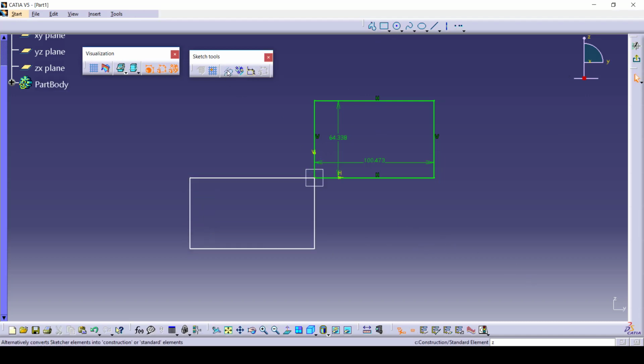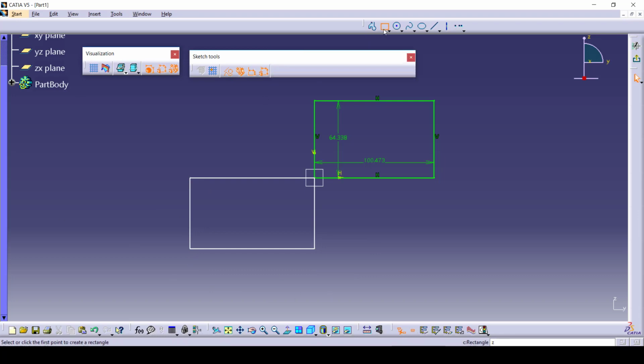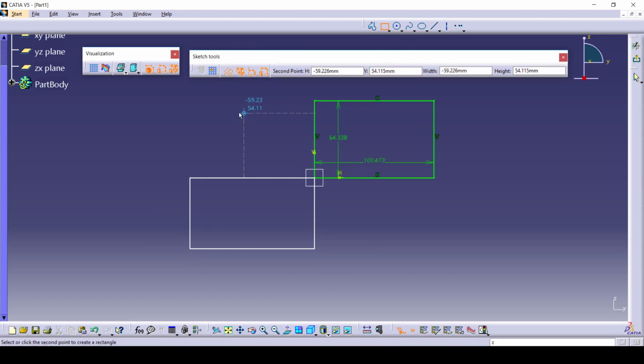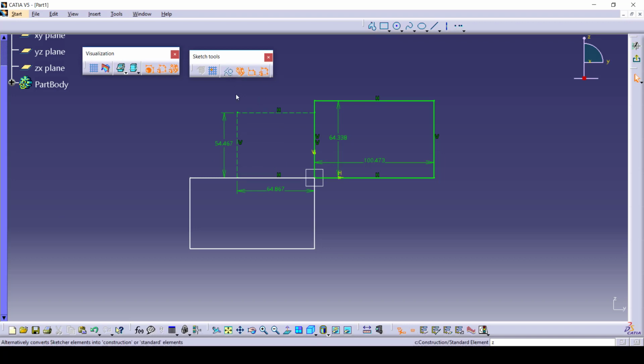Fine. So if I again reselect it, it's not going to make any changes here, but it will make changes when I create afterwards. Okay, so this is the major difference. Fine. So this is the usage of sketch tools and the visualization toolbar.